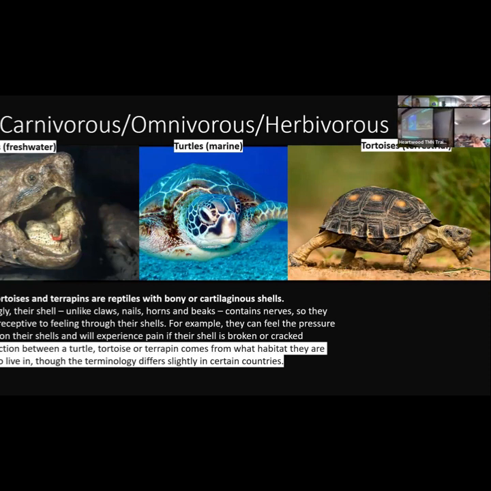They have these bony cartilaginous shells. They can feel everything. It's made out of keratin, so the same thing that your fingernails are made out of. And if you can feel something scratching on your fingernail, that's maybe what it feels like for a turtle. But this whole thing is vascularized. They can feel a touch. They can feel it being crushed. And they do experience pain.